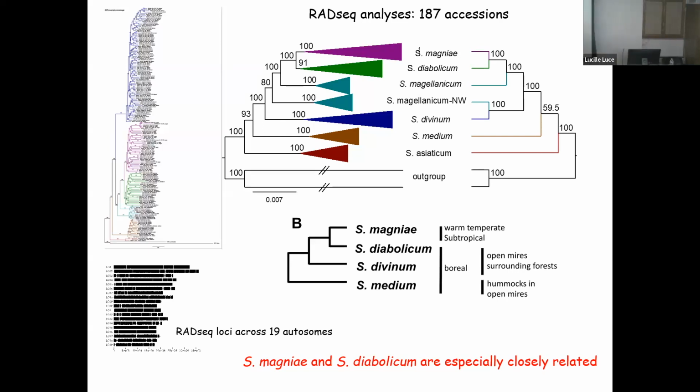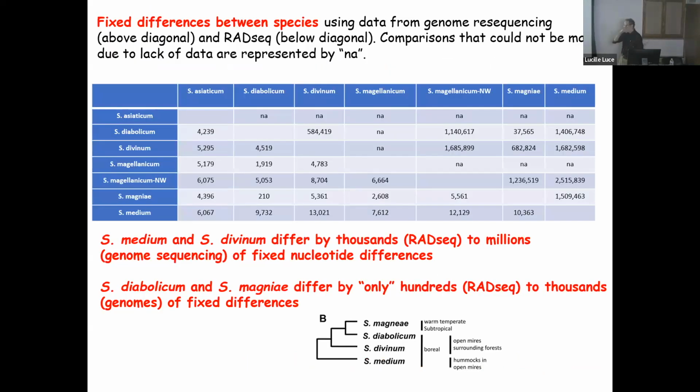This just shows that the RAD-seq data, while they're just little snippets from all over the genome, provide good coverage of all 19 chromosomes. Each one of those vertical lines is a RAD-seq locus. So we get good coverage across the genome, and we were able to do analyses at the chromosomal level and